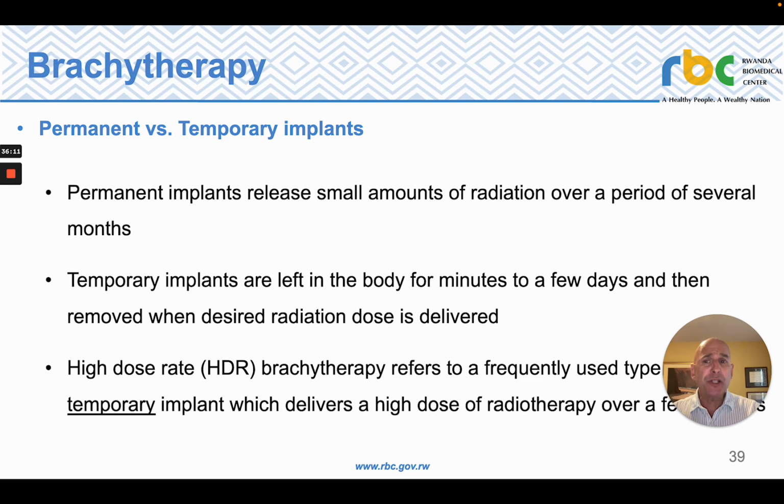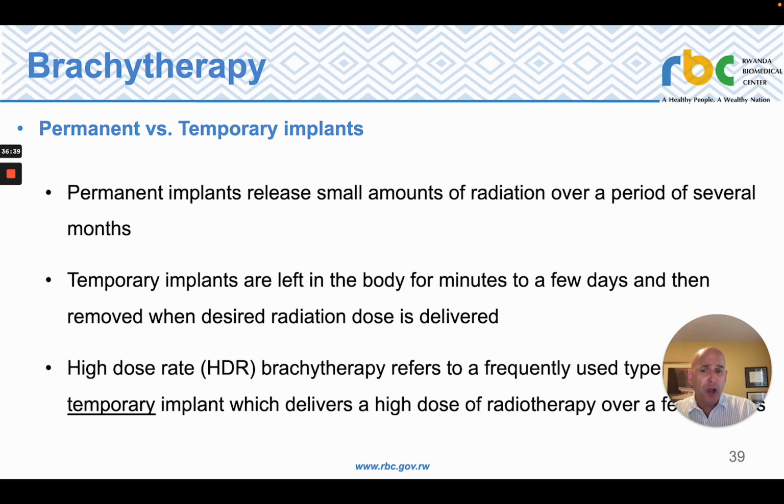So there are two types of implants. There's permanent implants, and those are implants that release small amounts of radiation over a period of several months. Those are placed and then left there indefinitely. And then there are temporary implants, which are used more frequently these days, and those are left in the body usually for a few minutes, and in some cases for a few days, and then removed when